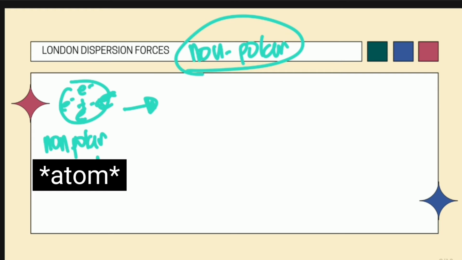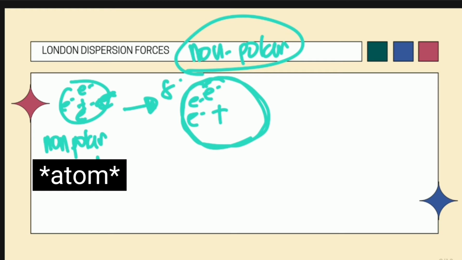Now, there will come a point na while these electrons are moving within this atom, may point sa orientation ng mga electrons na nasa iisang part lang nung mismong atom. Nakakoncentrate sila sa iisang